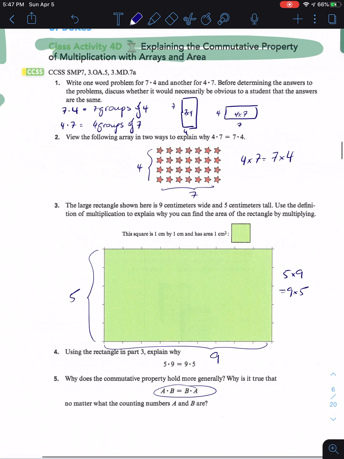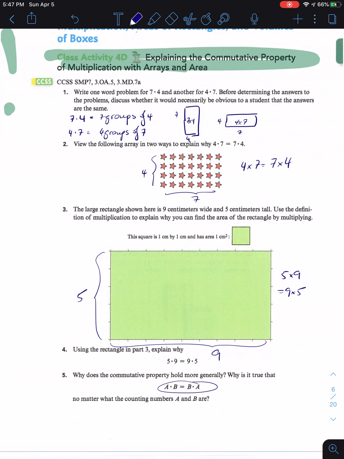All of those conversations about the commutative property are actually very easy because they rely on our kids' ability to understand rotation and tilting your head or rotating the piece of paper. So this is not a difficult concept at